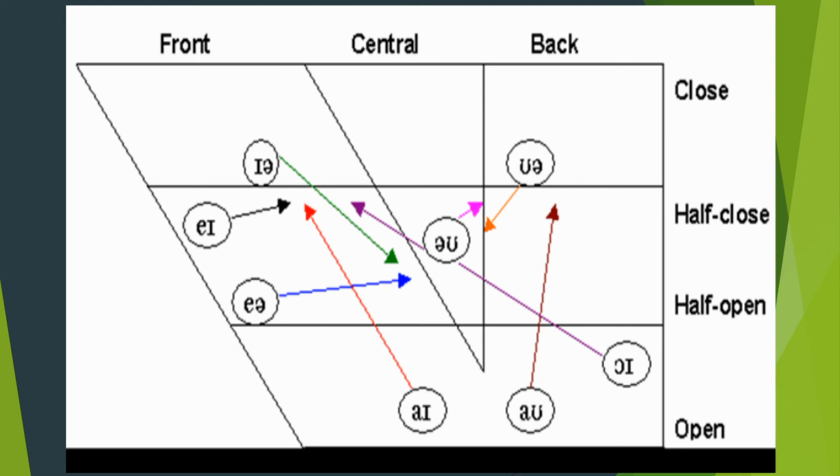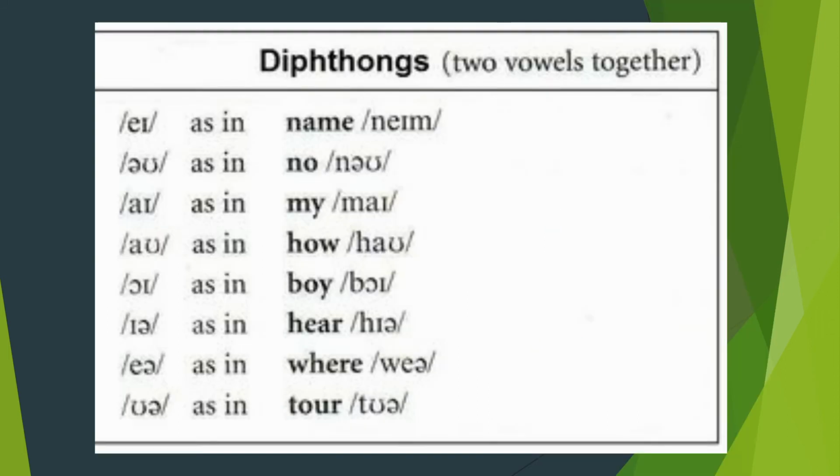Right. So now let's take each diphthong and describe it and see the examples of each and every diphthong. Shall we move on to the next slide? Yeah, so these are the examples for all the 6 diphthongs. For example, first one A. This happens in the words such as name, name,